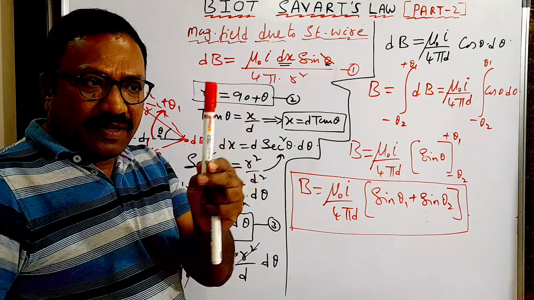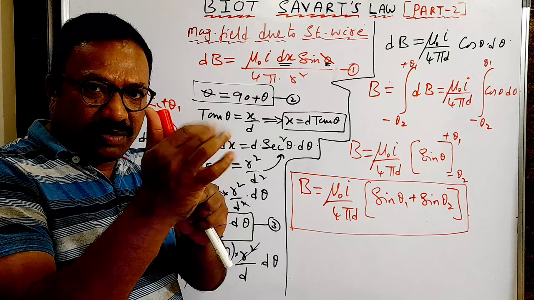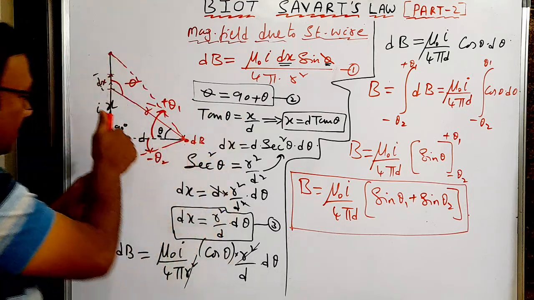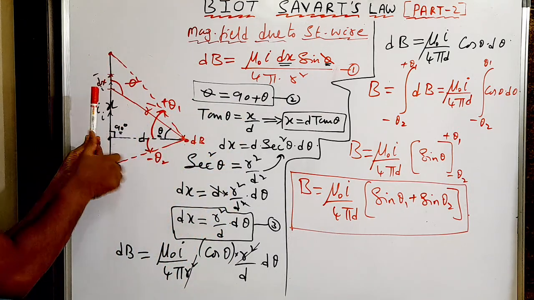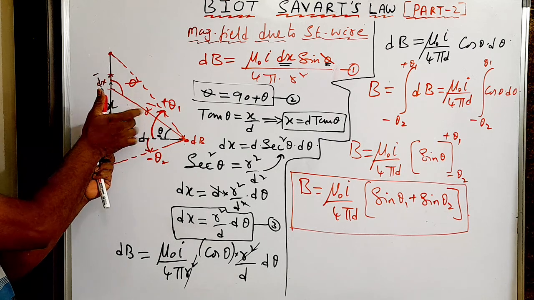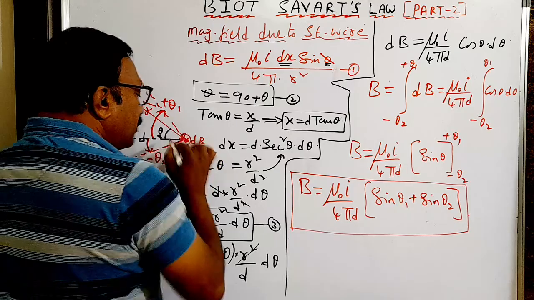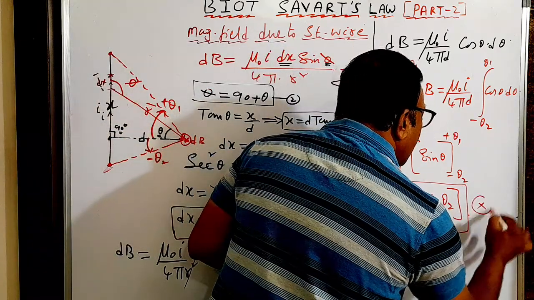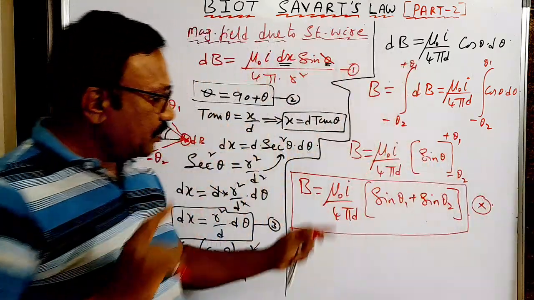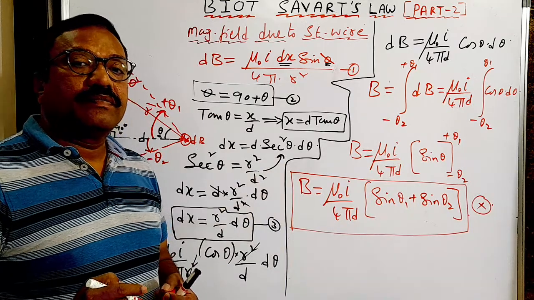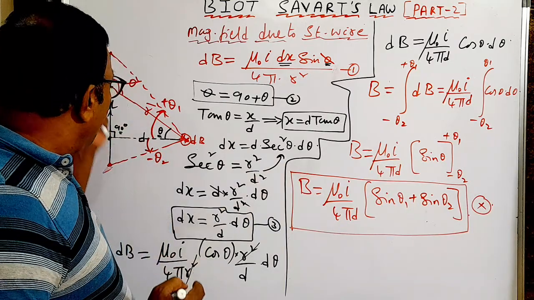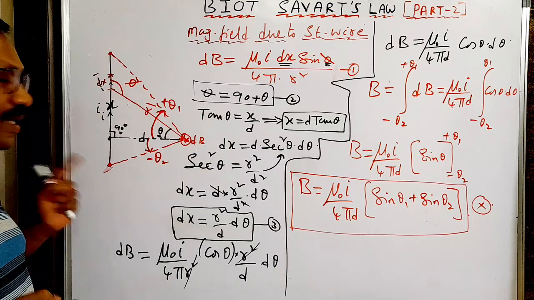This is a current carrying wire, this is the direction of current and this will be the direction of magnetic field. So this is the direction of current; hold your conductor like this, and the magnetic field will be inward. So here the magnetic field is inward. So this is an expression for the magnetic field due to a straight wire.